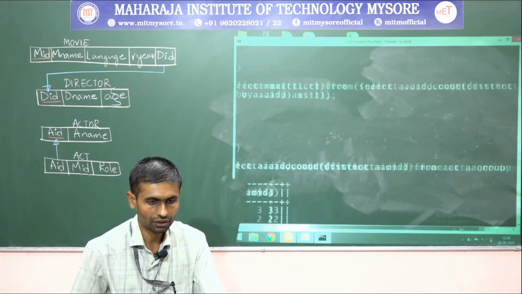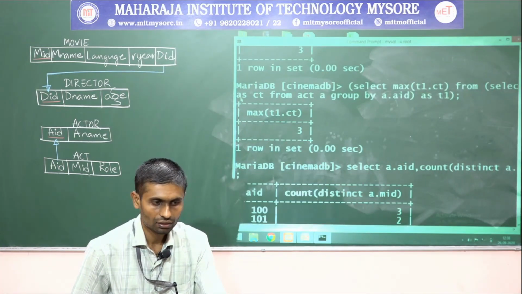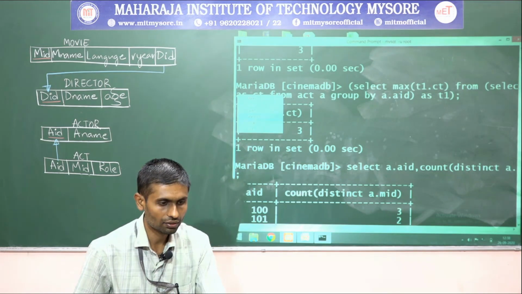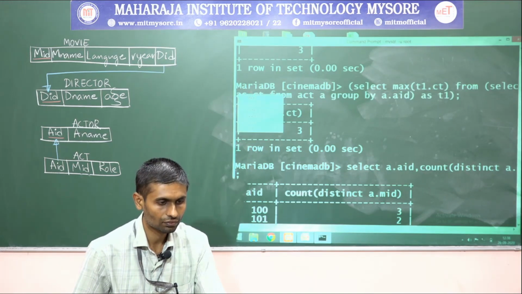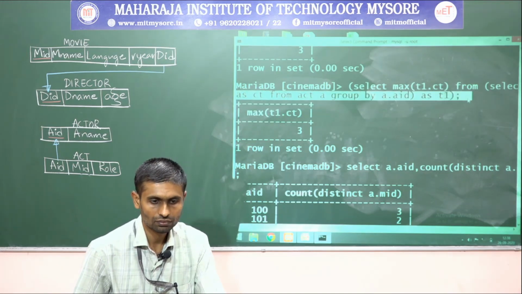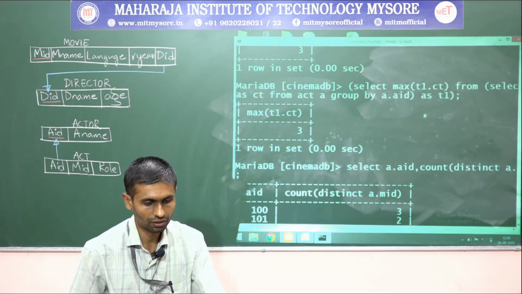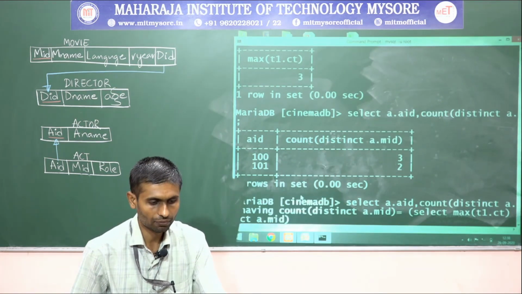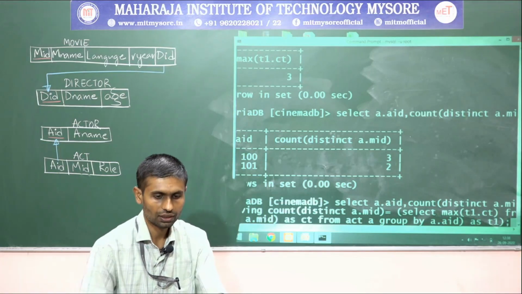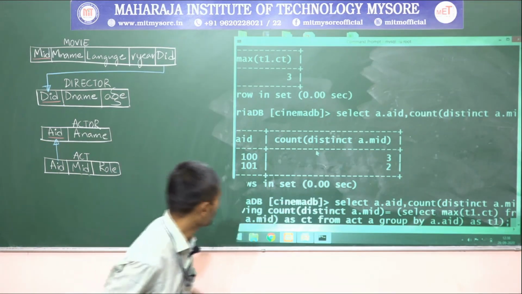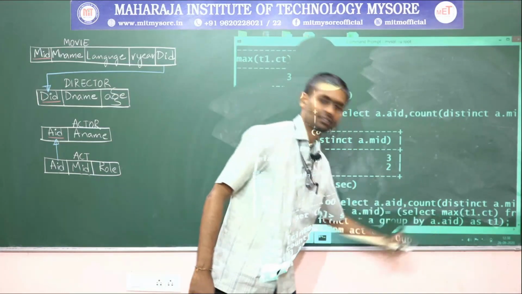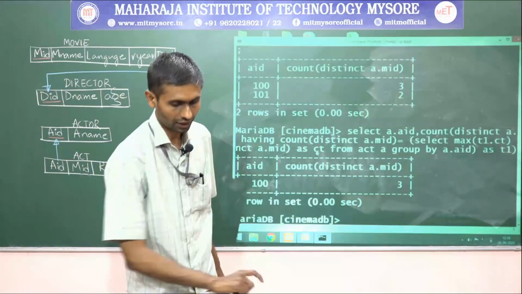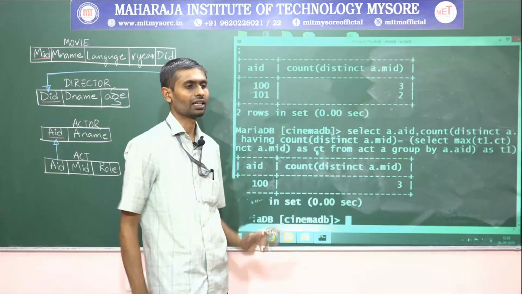Still we have left out a few more parts. Let me copy this one, right? Copy, then paste here, yes. That's it, guys. Look at this one. This gives me a count when count is equal to this maximum query answer, right? So that's what we are getting. Look at this one, 100 with 3, we are getting an answer.